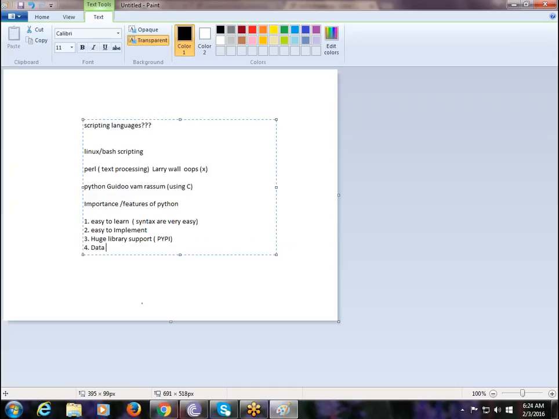Next, it supports all the databases, meaning all the RDBMS. RDBMS stands for Relational Database Management System. Whichever RDBMSs are available in the market, Python supports all of them. But with the built-in Python when you install it, there is a database built in called SQLite 3. The current version is 3.